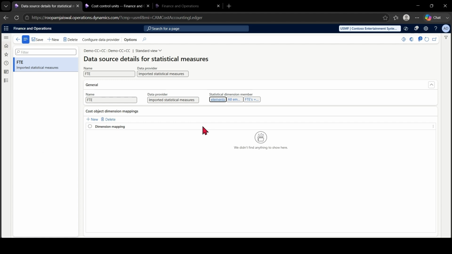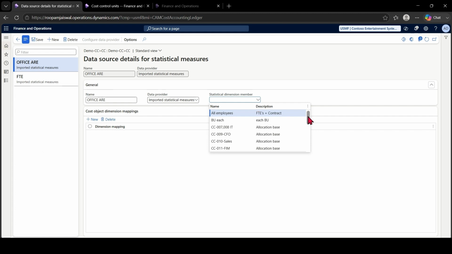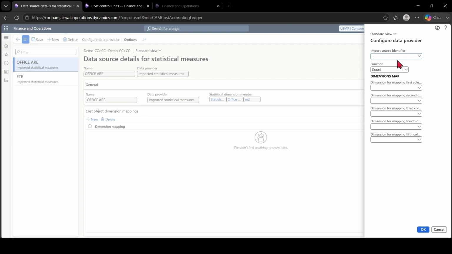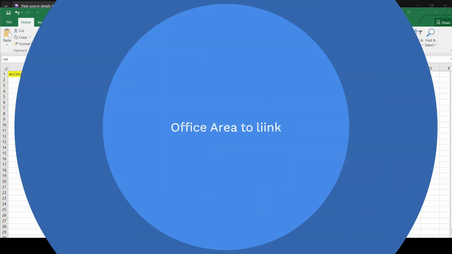Now coming on further, I actually am supposed to bring even the office area values as well. So I will just write any name you can provide, and again I'm going to import it. So I'll select and import it, and dimension member here I will give as an office area, which is actually measured in terms of meter square. And this is where you have to provide the identifier name, and I just select the name. So in the name, we have now office area square meter.